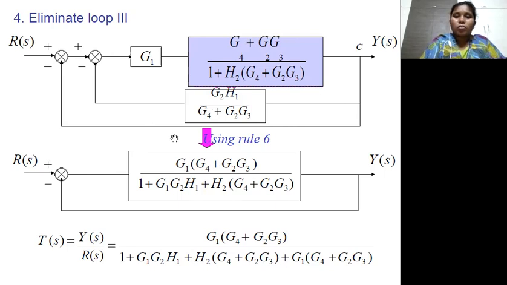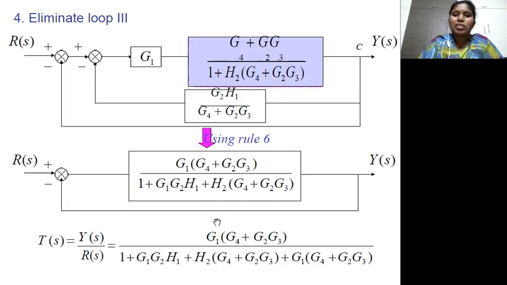So from that formula we can obtain the result by simplifying. Finally we have to consider a negative unit feedback. From this we can obtain the final transfer function. Now how will we obtain the final transfer function? The transfer function for a negative feedback system is nothing but G divided by 1 plus GH. But here the H value is equal to 1, because it is a unit negative feedback.